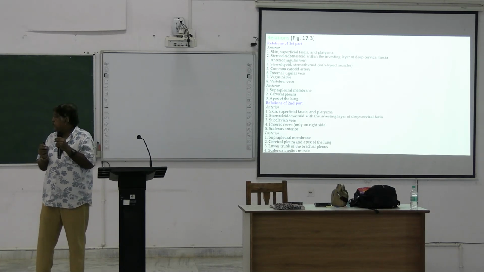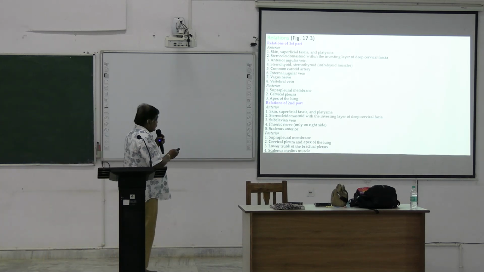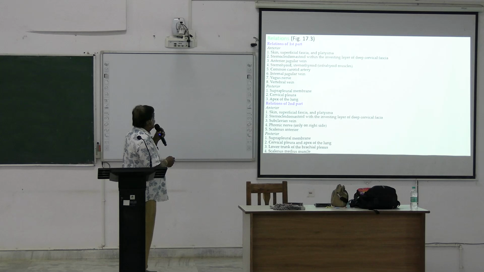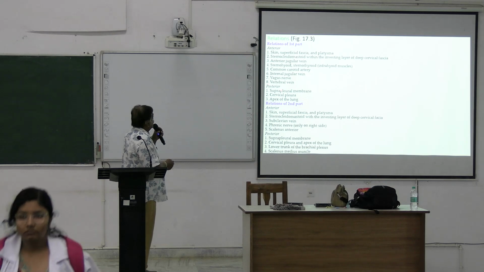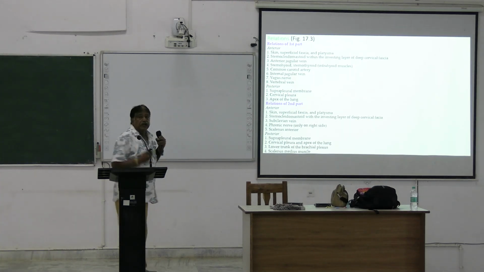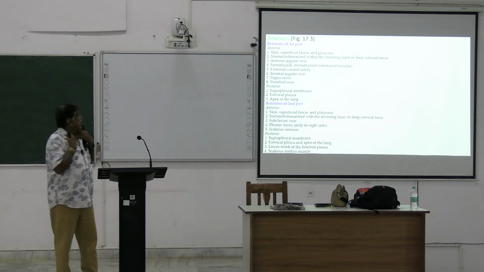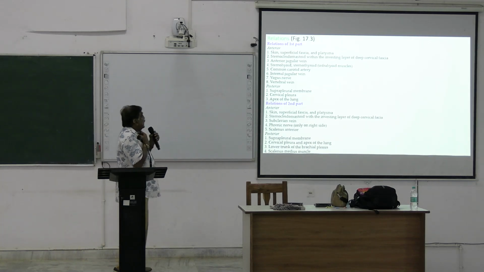Now, the sternothyroid muscle, common carotid artery, internal jugular vein, vagus nerve, vertebral vein. Now, posteriorly suprapleural membrane, cervical pleura, apex of the lung. There are two lungs, so the apex of the lung is related, and also the cervical pleura and